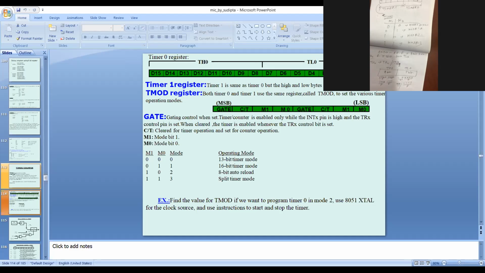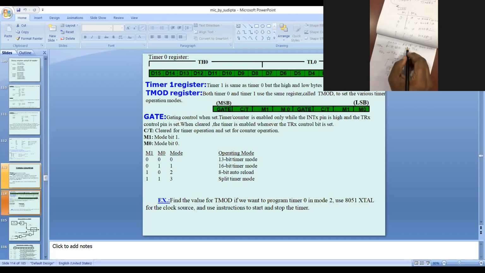So it can count from 0000 to FFFF. Here 8-bit for THX and 8-bit for TLX.